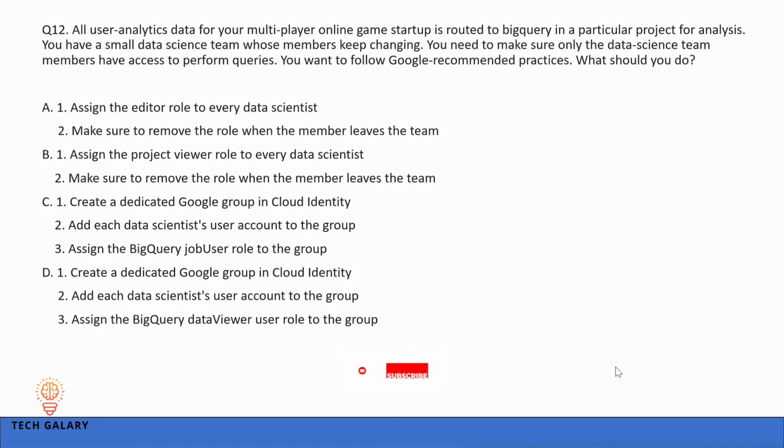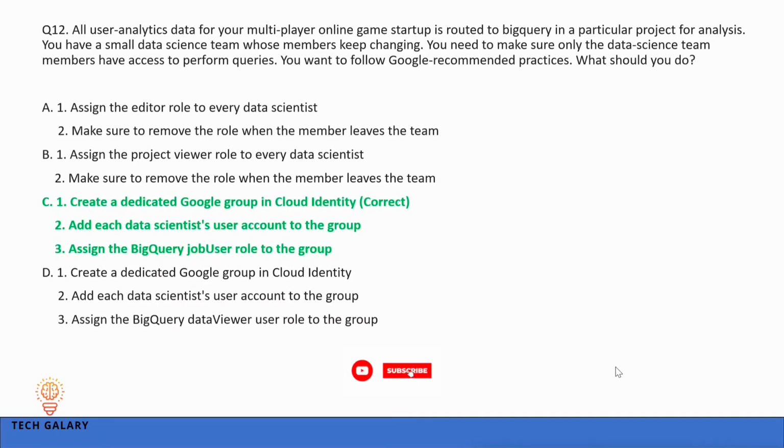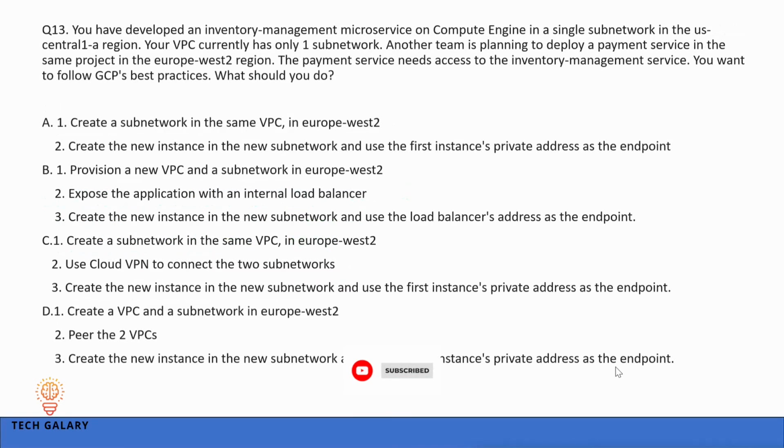Create a dedicated Google group in Cloud Identity. Add each data scientist user account to the group. Assign the BigQuery data viewer user role to the group. The correct answer is option C. Next question. You have developed an inventory management microservice on Compute Engine in a single subnetwork in the